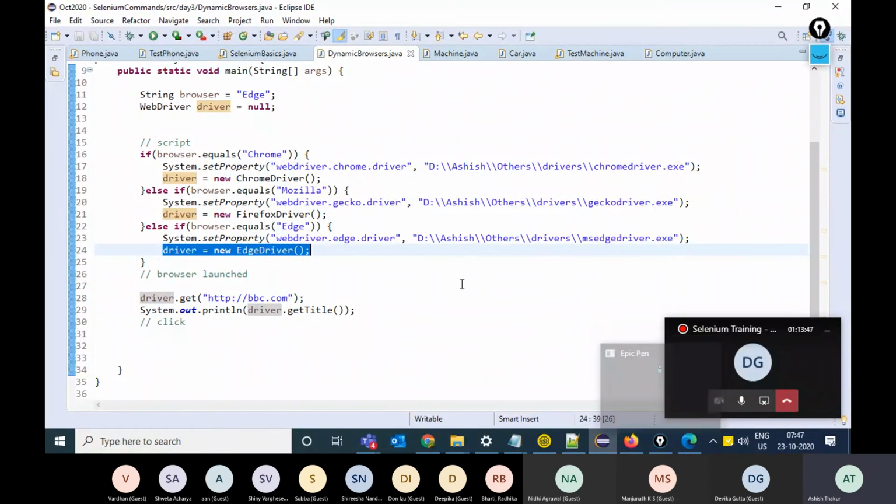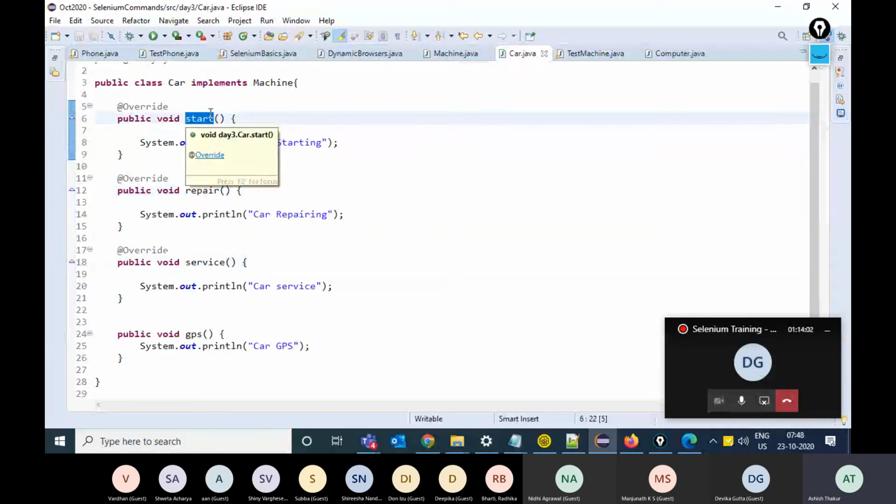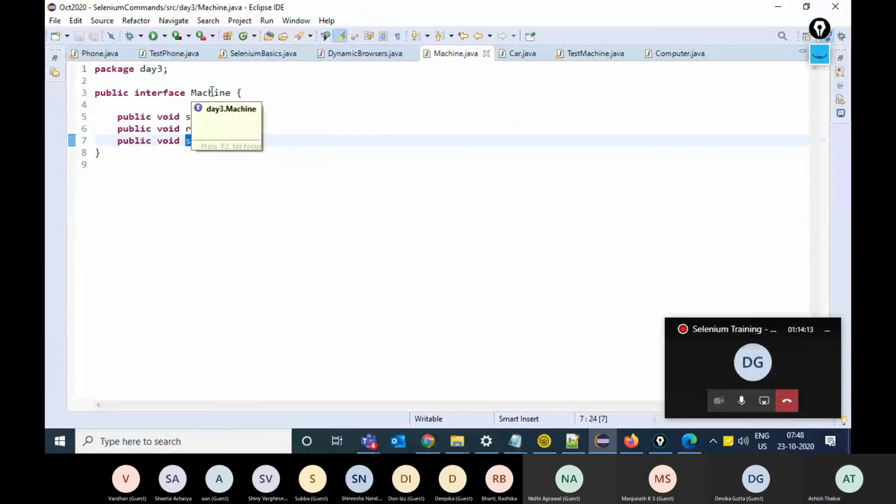So there are majorly two advantages of an interface. One is if a class is implementing an interface, it has to implement all the functions of the interface. So if there are multiple classes implementing the interface, you will come to know these are the functions in this particular interface which the implementing classes would be having.